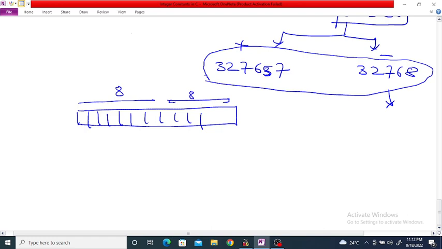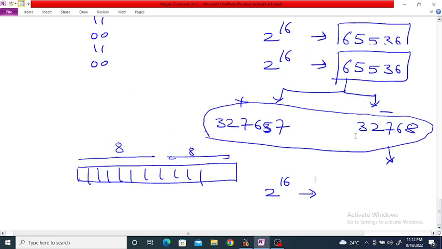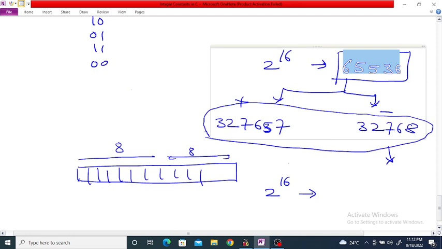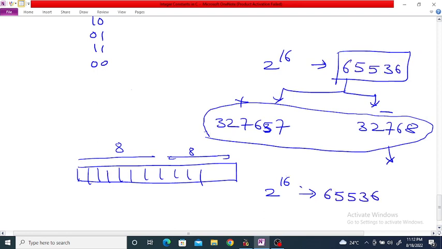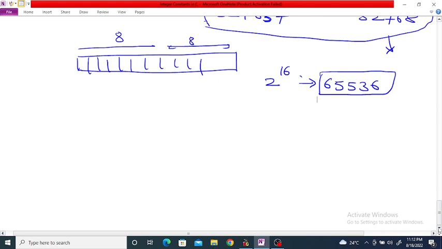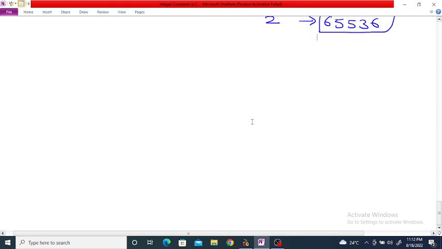So the largest count you can store here is 2 raised to 16, which is 65,536, and out of that half the memory is used for positive numbers and half for negative numbers. But if you want to store only a positive number, you can convert this negative to positive